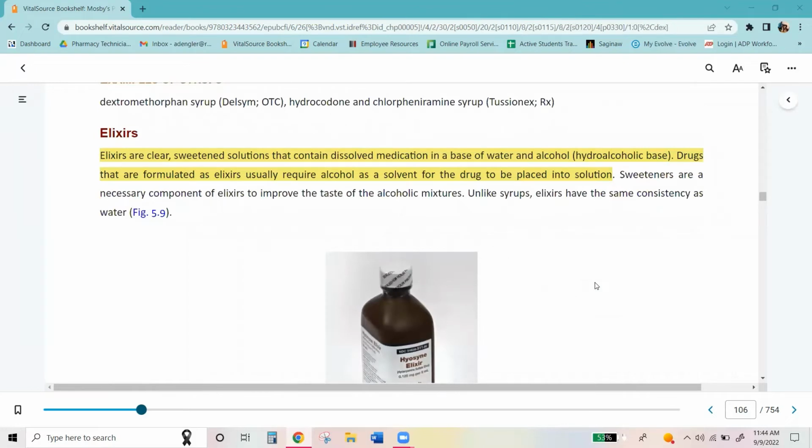Elixirs are clear, sweetened solutions that contain dissolved medication in a base of water and alcohol, a hydroalcoholic base. Drugs that are formulated as elixirs require alcohol as a solvent for the drug to be placed into solution. Sweeteners are a necessary component of elixirs to improve the taste of the alcoholic mixtures. Unlike syrups, elixirs have the same consistency as water. So elixirs are kind of